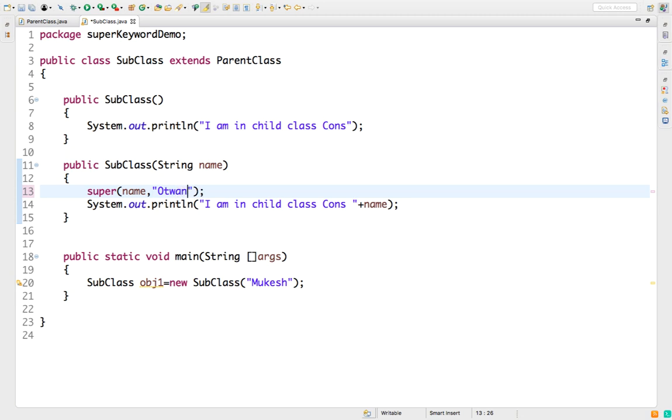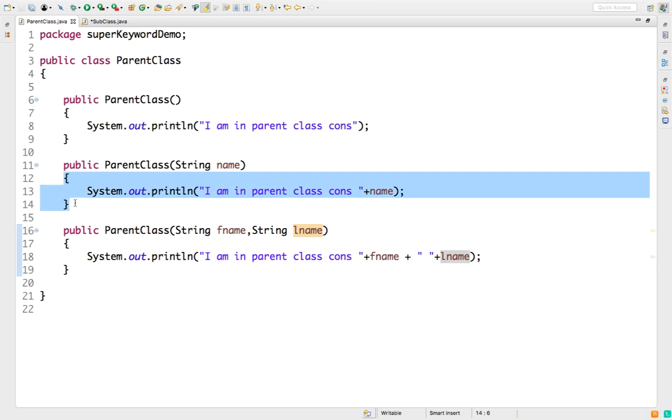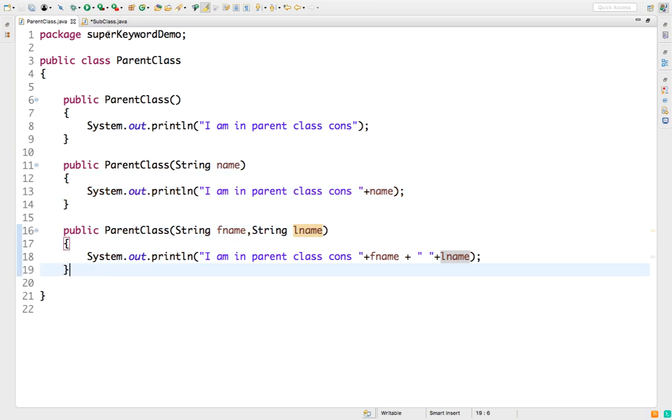Mukesh will be passed from here and stored here, and the second argument is Otwani. But now if I try to do super name, and I want to make the constructor call with one argument first, and then make this other constructor call,